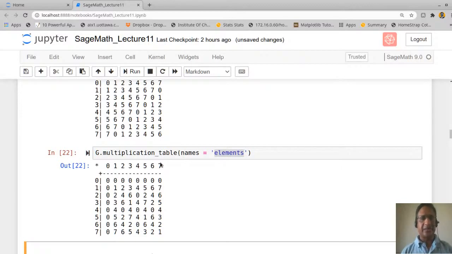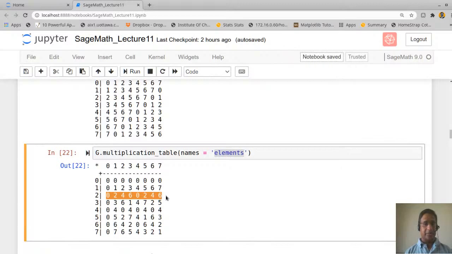then this is the multiplication table of this Z mod 8Z, and from this multiplication table you can check whether this is a group under multiplication or not. For example, if you look at this row, you don't see a multiplicative inverse, so that means this is not going to be a group. So by looking at this multiplication table, one can find out whether it is a group or not.